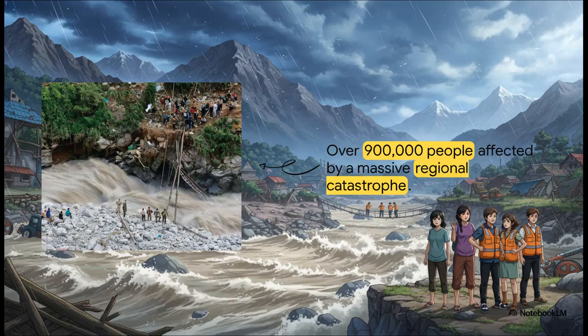Now, the sheer, unimaginable scale of these June 2013 flash floods, it's just hard to process. Entire communities up in the Himalayas were completely, instantly isolated. Just look at the people right here, stranded, staring across this incredibly violent, raging river. The data tells us that over 900,000 people were ultimately affected by this one single event. You know, it really wasn't just a local flood. This was a massive regional catastrophe that literally wiped away towns, roads, and livelihoods in the blink of an eye.